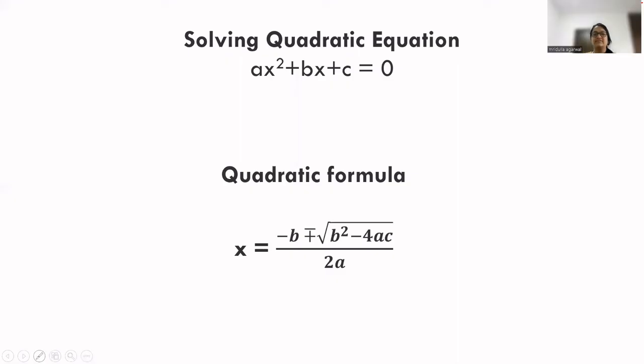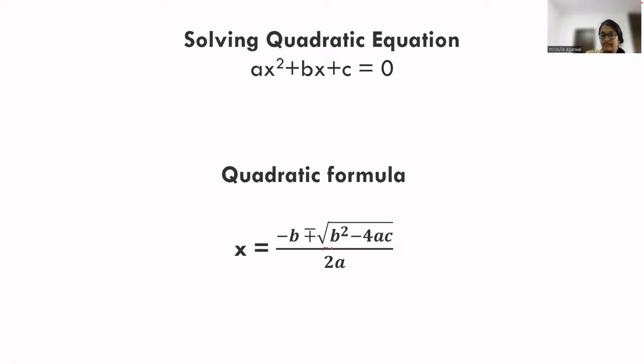Hi friends, in this video we are going to factorize quadratic equations using the quadratic formula. A quadratic equation is of the form ax squared plus bx plus c equals 0, where a is the main coefficient, b is the middle coefficient and c is the constant. The quadratic formula for the roots is x equals minus b plus minus root of b squared minus 4ac